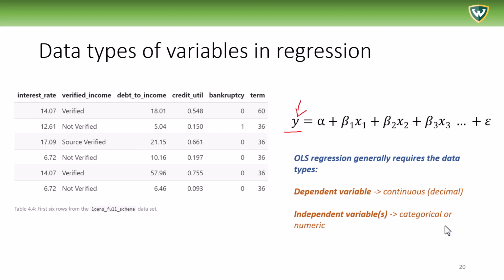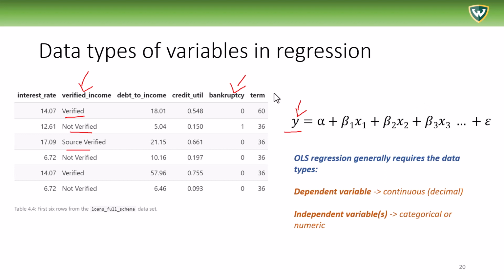Now, the independent variables, actually, they can be numeric or categorical. So for example, we have verified income here. We see that this is a categorical variable, and there are 3 categories. And bankruptcy is also categorical. Remember, even though it's 0 and 1, we use this as a categorical variable. So this is a factor in R. It's called a factor. It's categories. It's not continuous. Definitely not continuous, and it's not really integer, although we kind of use it as an integer